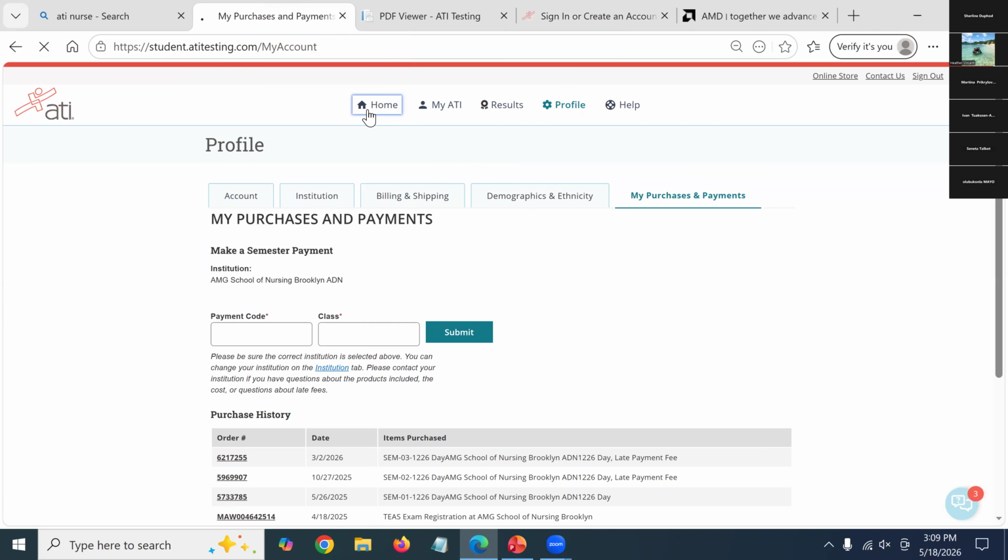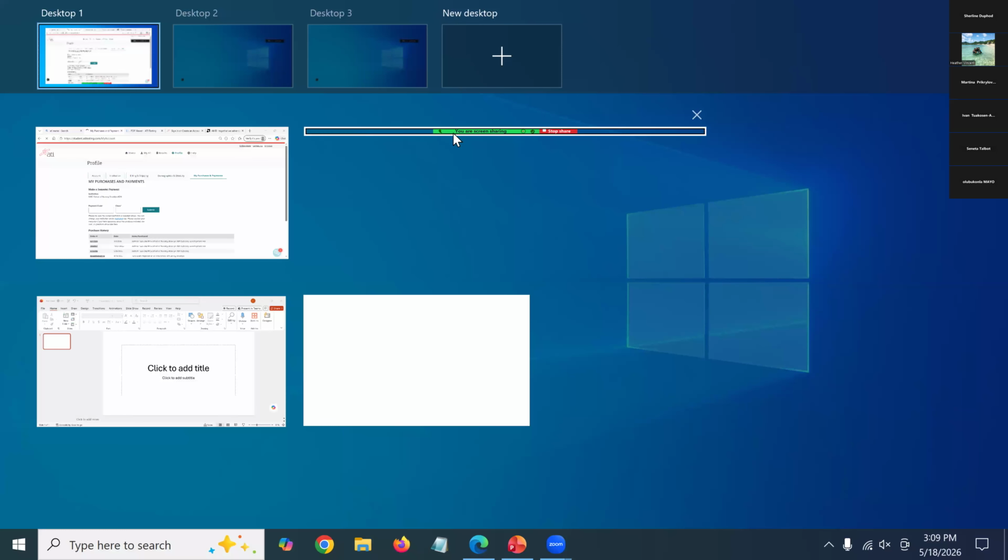But yes, you won't see anything until you jot in that product code, because you're basically not in the ATI program. You're not in the school's ATI program without the product code. Okay, do you know when or